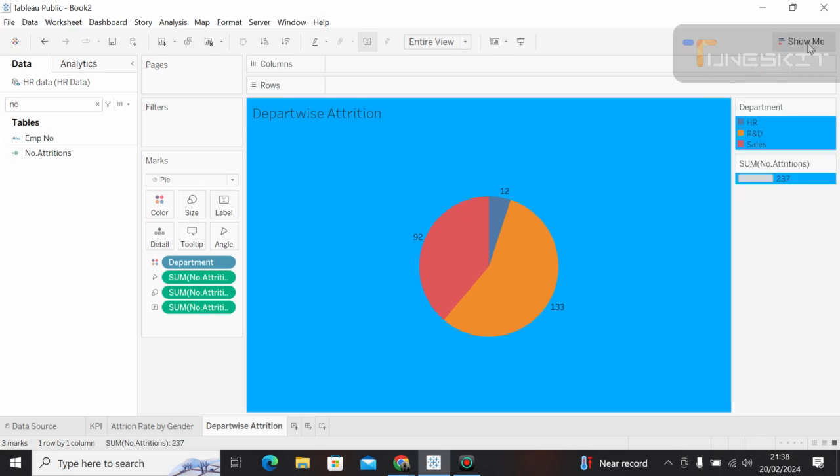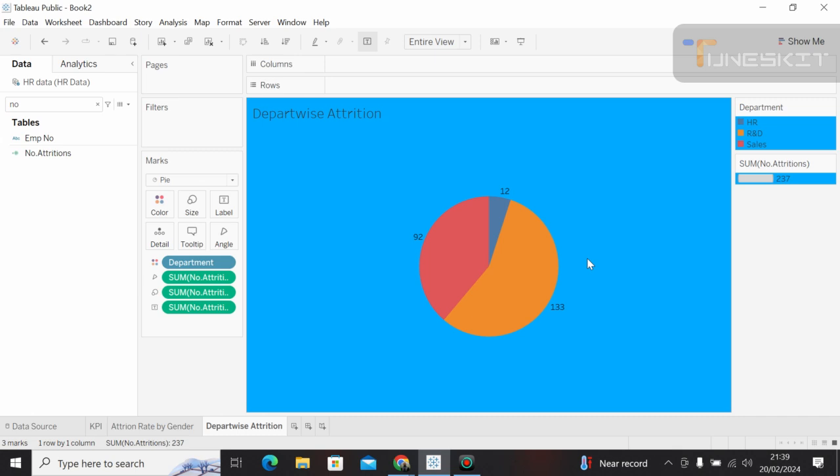So on the legends, you can see each color represents a particular department. So we have blue as HR. So HR department has the least number of attritions. We have research and development. I think that this is the leading department with the number of attritions. And then we have the sales department. Hope we are together up to that point,